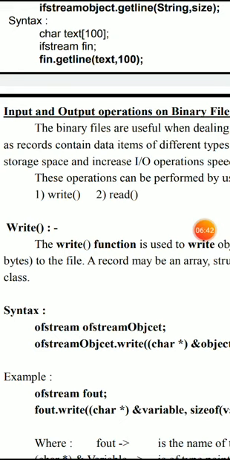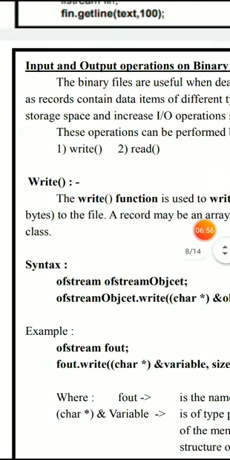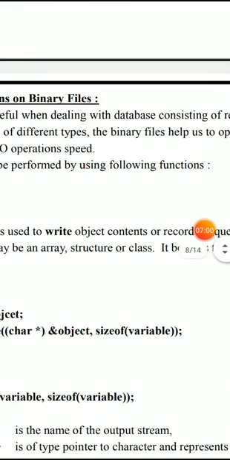The write member function is used to write the binary data into an output file, or into the file which is open for writing purposes, and the read function is used to read the binary contents from the file which is open for reading purposes. So the write function details are like this. The write function is used to write object contents. Object contents means like a structure; you can create a class containing the name of a class, then data members and member functions, which allow the user to read the data and display the data.